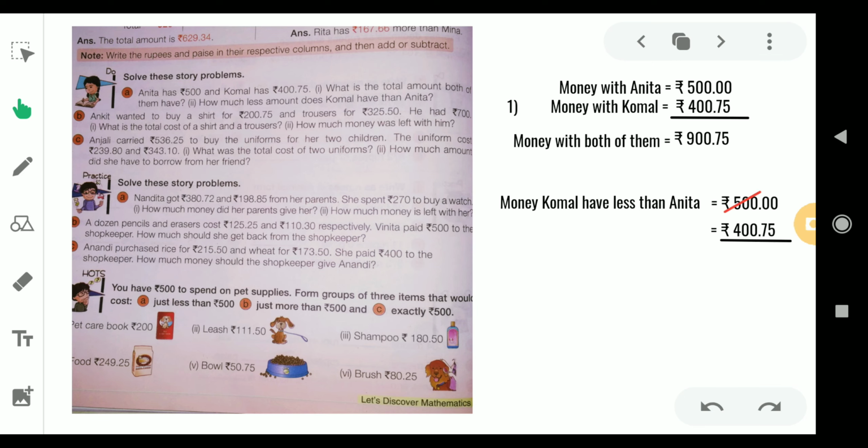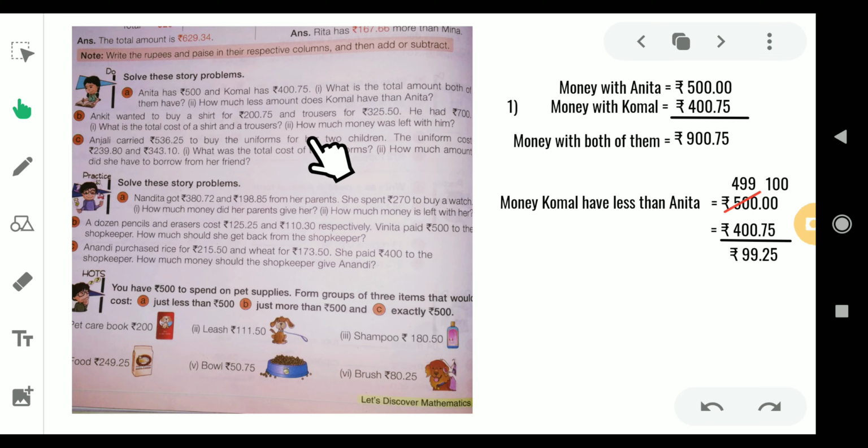But before subtracting, we do this. Just look at the decimal part here. This decimal part has two places, that is 75, but this decimal part has zeros. So we cannot subtract a bigger number from a smaller number. So for this, we need to take a borrow, and instead of this 500, we consider this as 499, which means 1 rupee has been given as the borrow to this and will be considered as paise. So when you take 1 rupee from this 500 rupees, it will be 499, and that 1 rupee is converted into paise, and that will be written like 100. So 100 minus 75 will be 25, and 499 minus 400 will be 99.